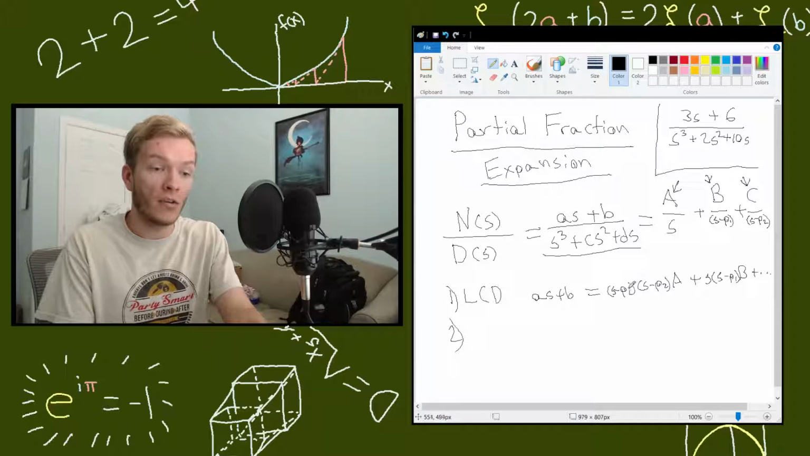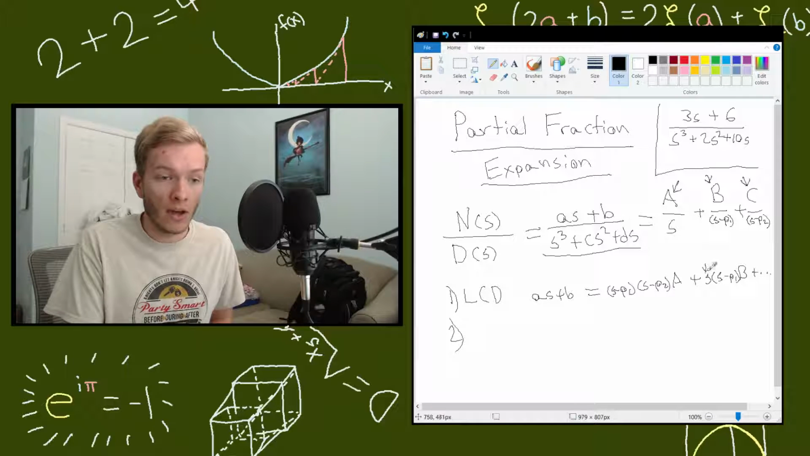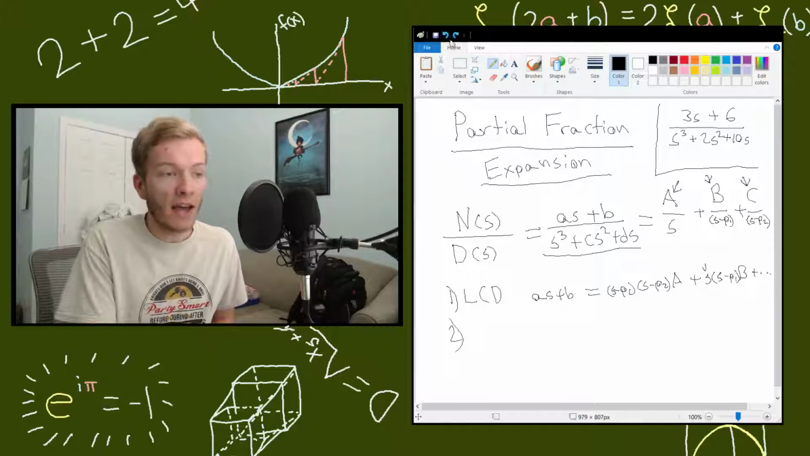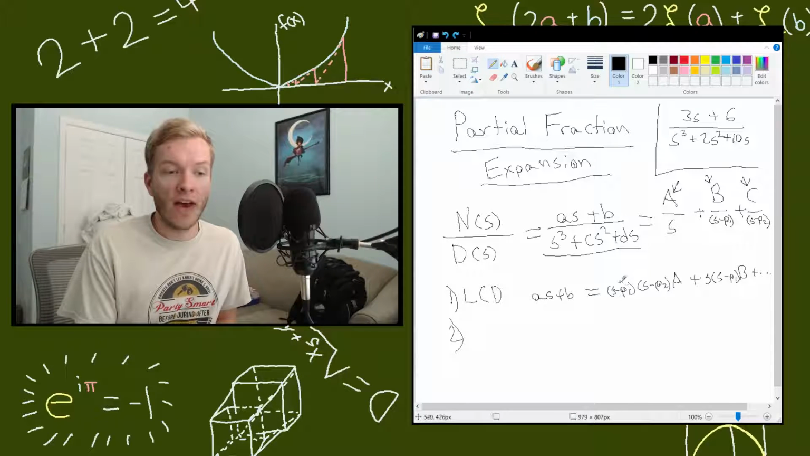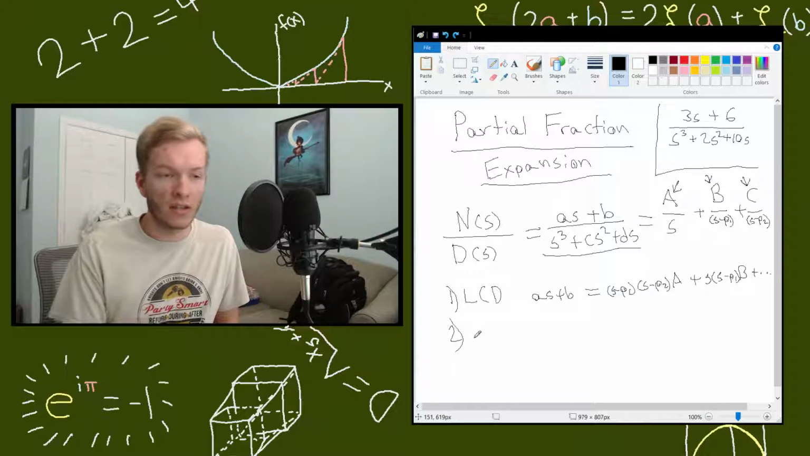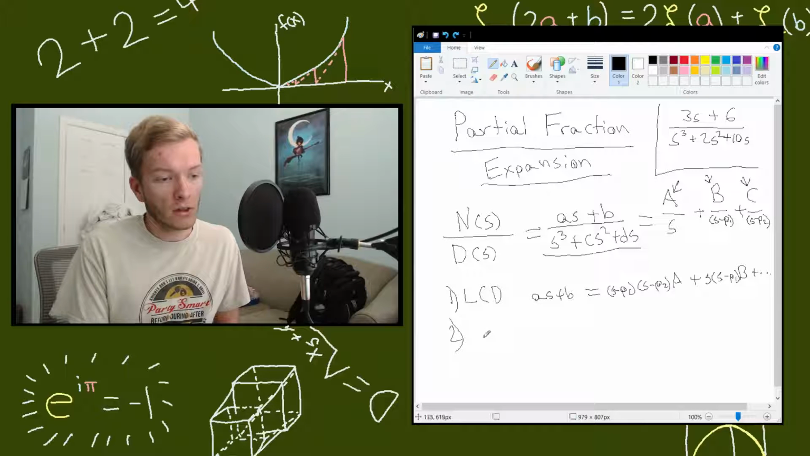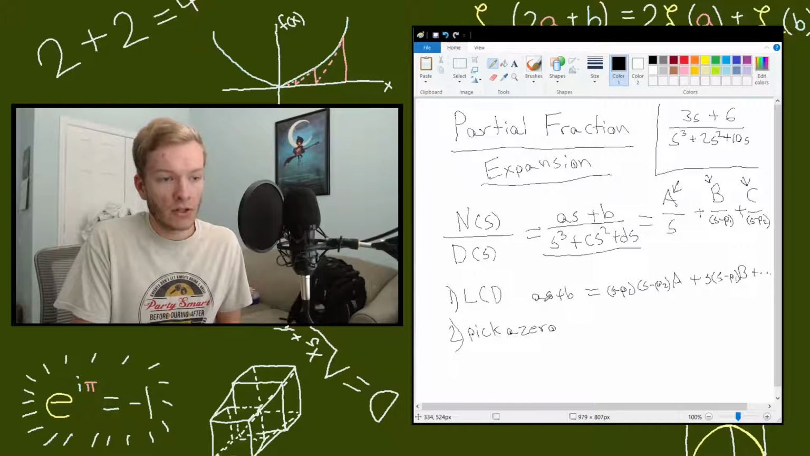Plug in one of the zeros, actually. So if we have p1, p2, or in this case 0 for s, we can plug these in, and because there is only one term that does not have that particular factor multiplied to it, it will be the only one left over. So let's say we picked 0. Actually, no. Let's pick p1 just to make this a little bit more general. So if we picked p1,